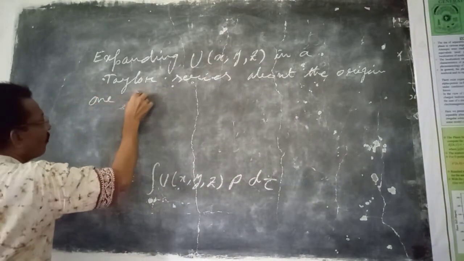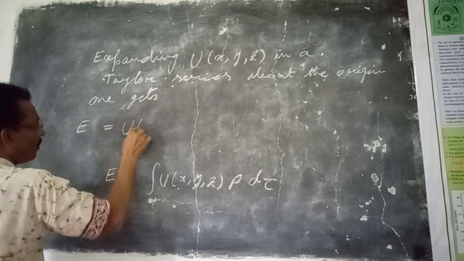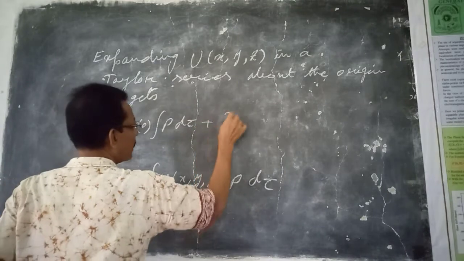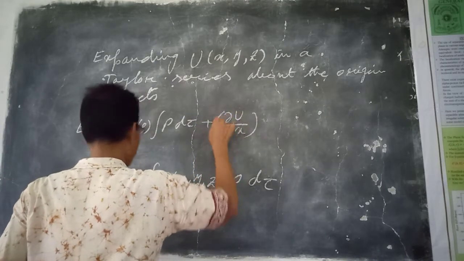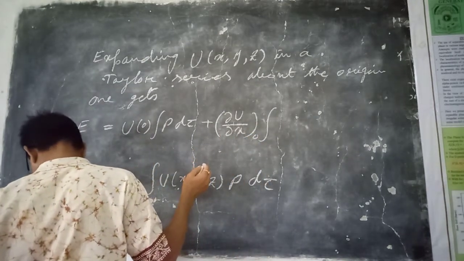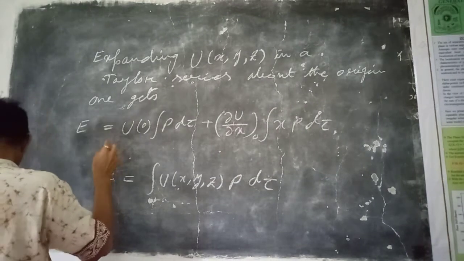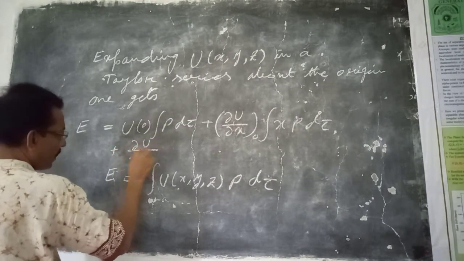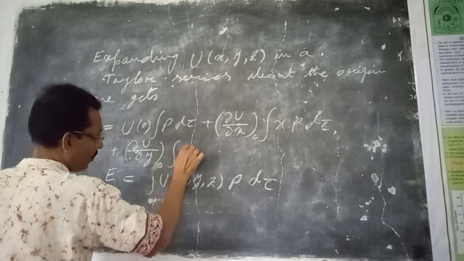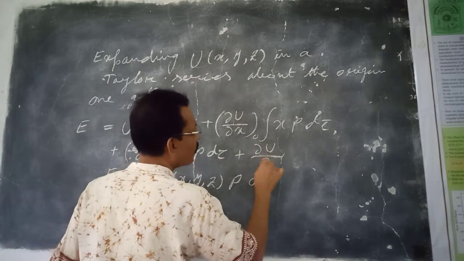Then one gets that E equal to U of 0 ∫ρ dτ plus ∂U/∂x at 0 ∫x ρ dτ plus ∂U/∂y at 0 ∫y ρ dτ plus ∂U/∂z